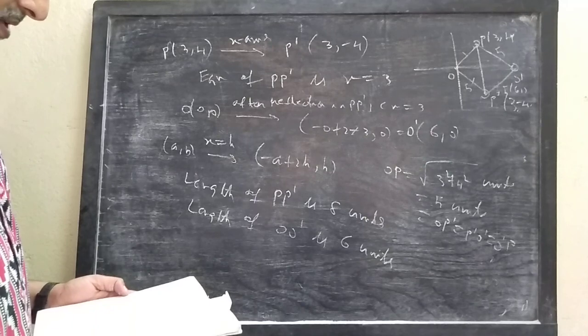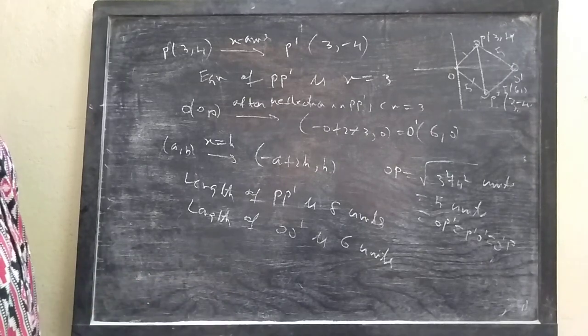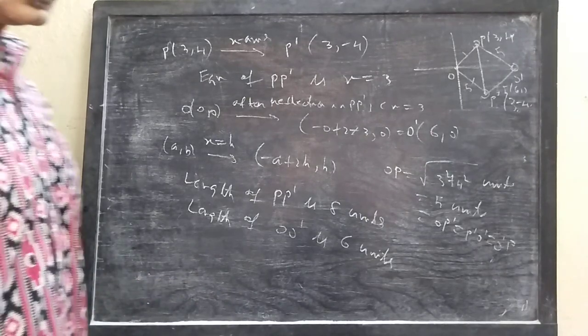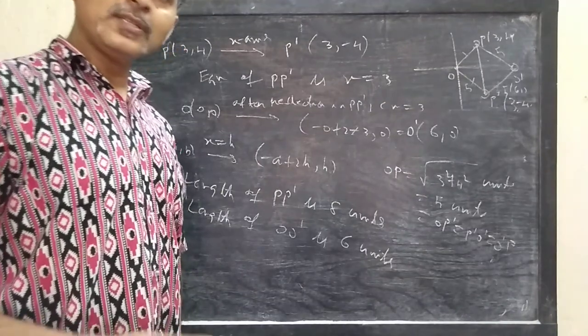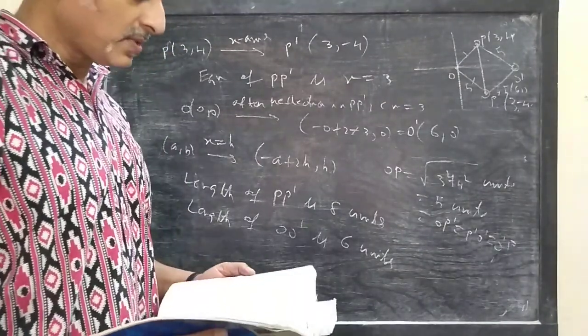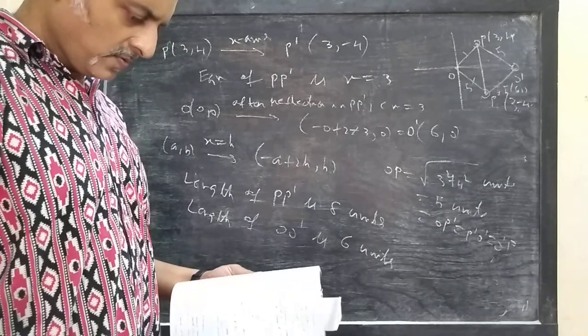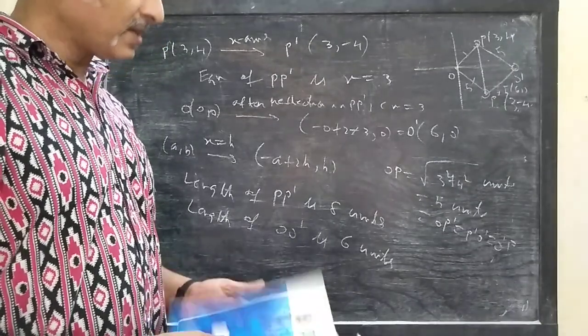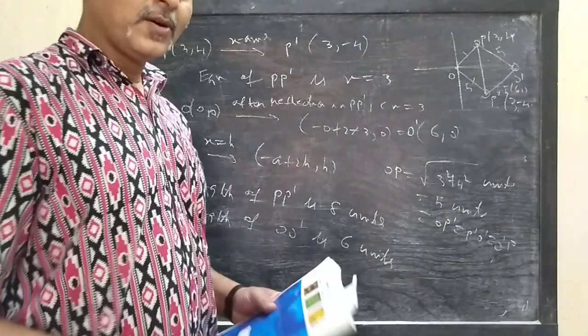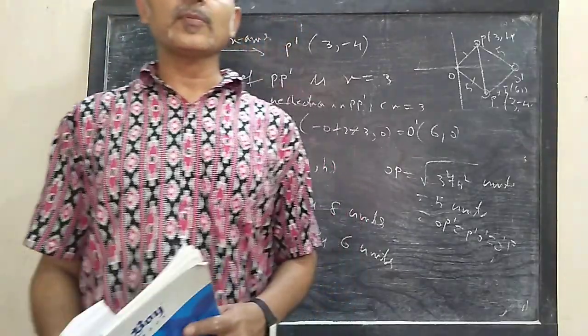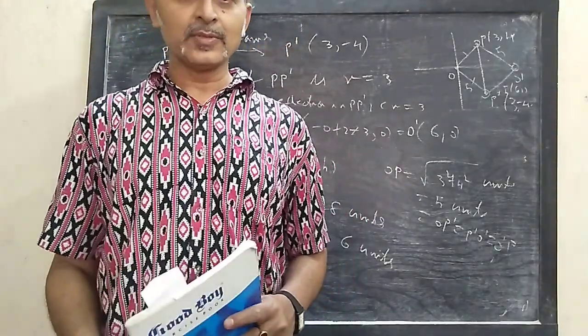And name the geometrical figure. It will be a rhombus, because a parallelogram having adjacent sides equal is defined as a rhombus. So we have completed our chapter here. Hope you all do the rest of the problems from your textbook. Thank you.